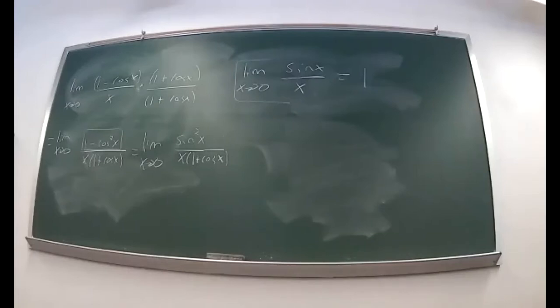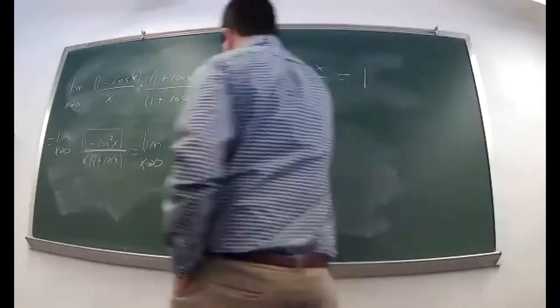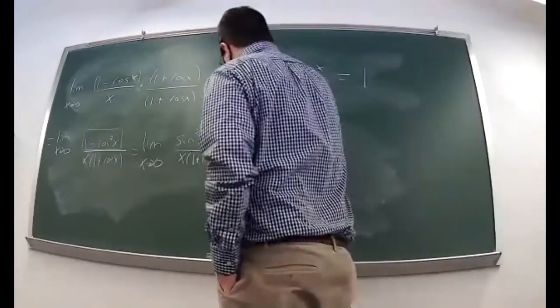And then the suggestion was to use the limit laws and to break this up as sine x over x times sine x over 1 plus cosine x. And I really like that because the indeterminate form part of it, the sine x over x, we already know limits to equal 1. And so the limit law works when you have a product where you know each limit. So I can write this now